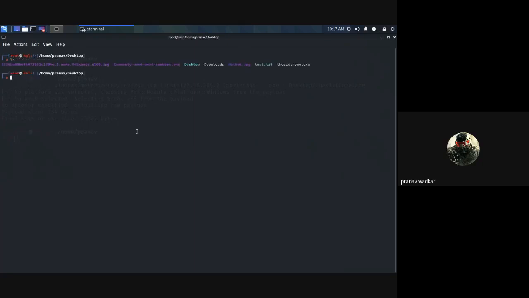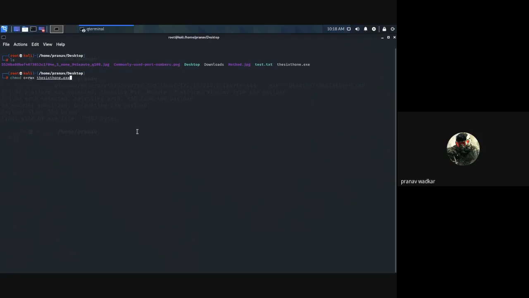As I have told you in the last lecture also, we have to change the permissions of the payload, right? Because when it is created, it's not readable or executable by others. So we have to get it into the other operating system or the other platform, so we have to get the permissions done correctly, right? So changing the permissions now.